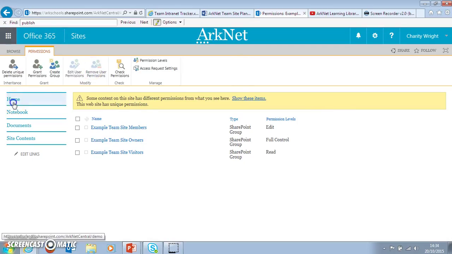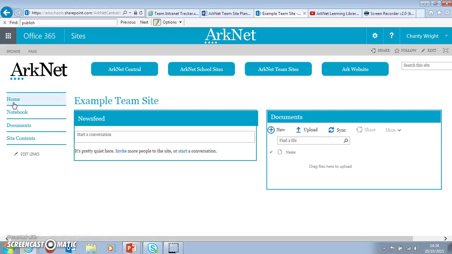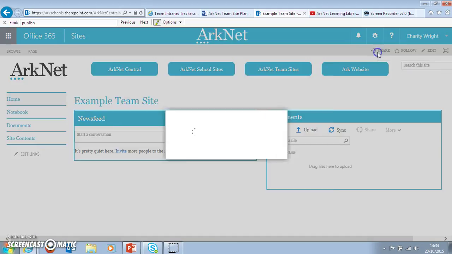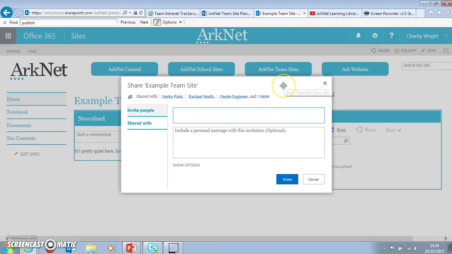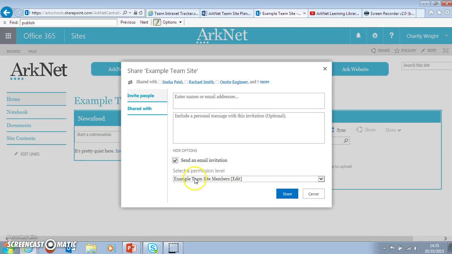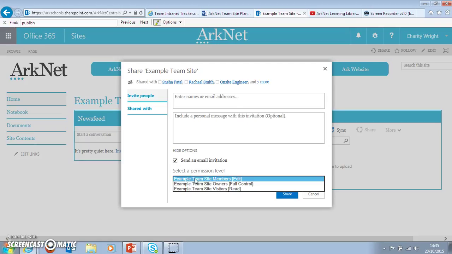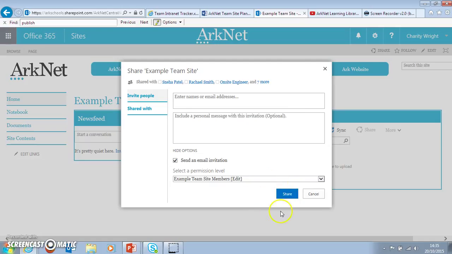I'm going to go back home to the front of the team site and show you that there's a really easy way to do this from the front end as well. Just by clicking on the Share icon in the top right, you'll have a very familiar box where you can type in names or email addresses, include a personal message, and then by clicking Show Options, you can choose a permission level by slotting that person or people into a specific group that you have created. Then, just by clicking this little Share button, immediately those people or that person will have the right level of